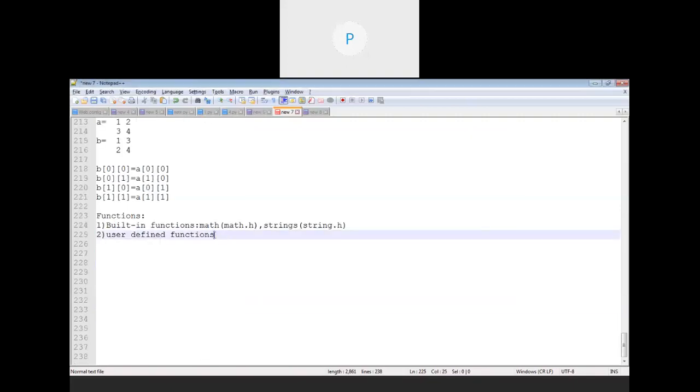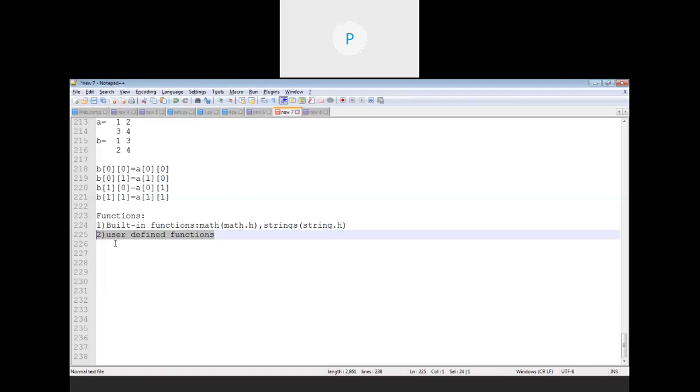So what is a user-defined function? Just like I said, these are the functions which are created by us, or by the user, for performing some type of operations. Because, just like we have seen, the predefined functions are not sufficient for performing all types of operations. There are some operations which we have to perform manually. And if I have to perform a particular operation again and again, like calculating the area of a circle with different radii, then I cannot write that code multiple times.